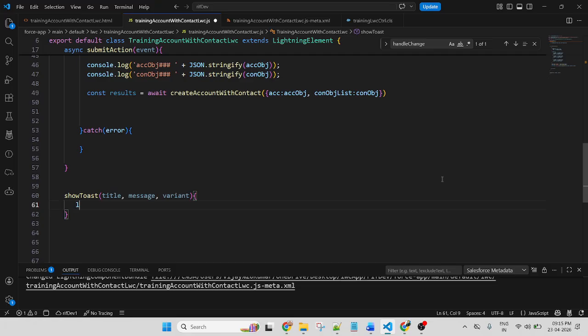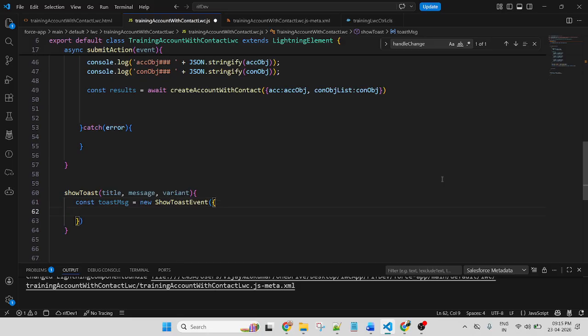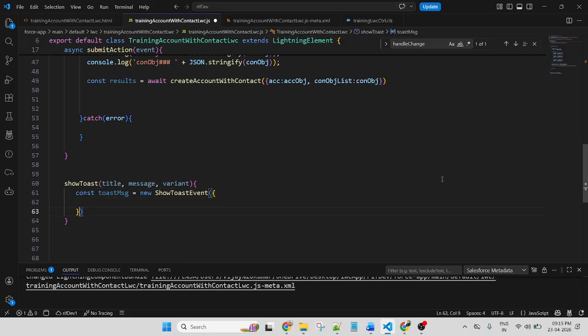So here create a constant variable. This is a variable, you can put any name. Post message, new toast event, create an object, and here we will pass all of the variables.